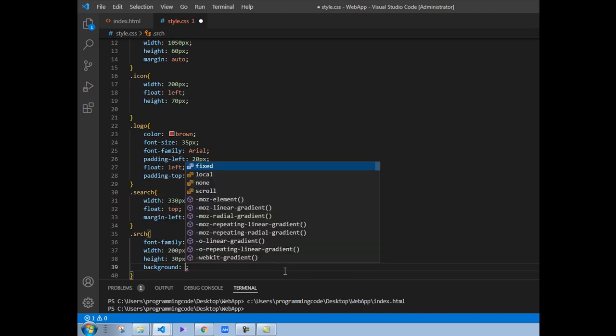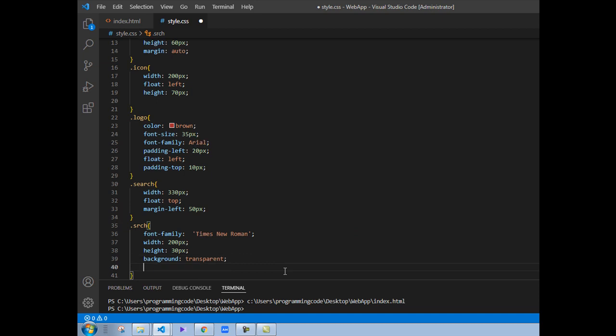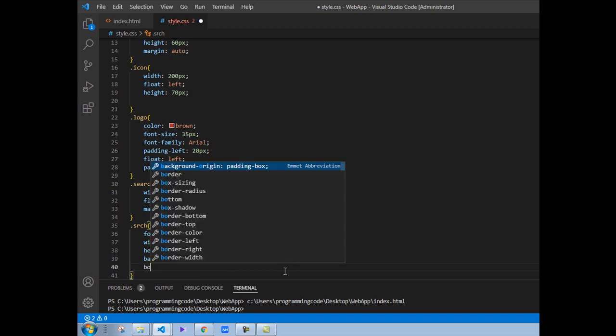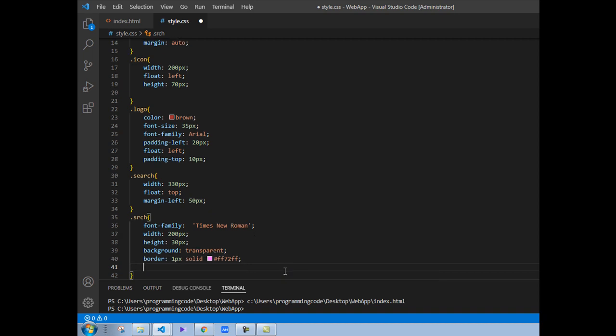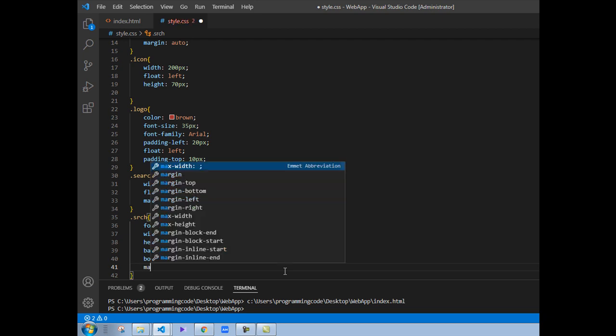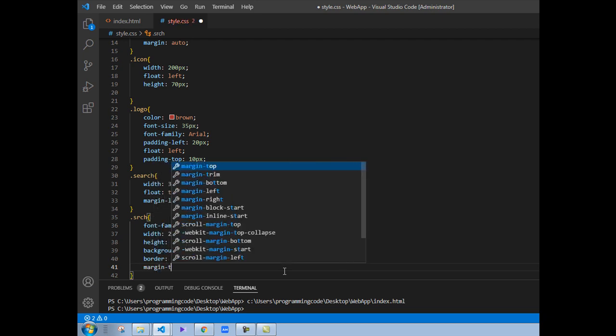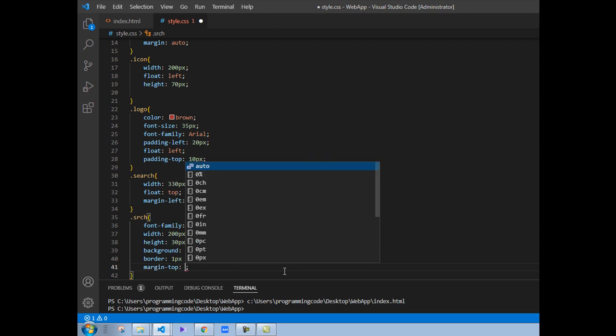transparent, and the border is equal 1 pixel solid #ff72ff, which is the color of the border, and margin-top is equal 13 pixel,